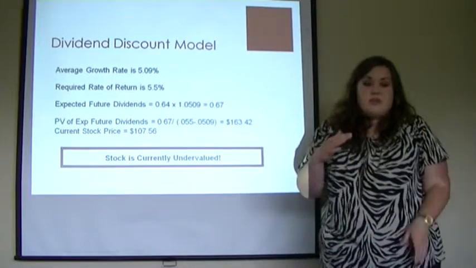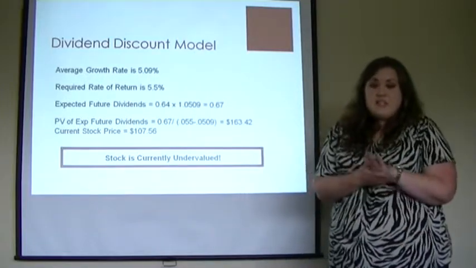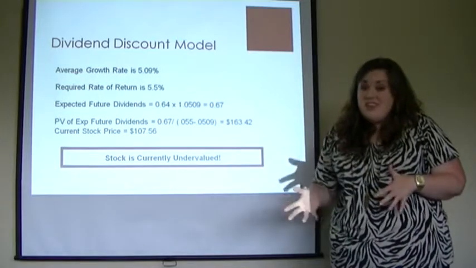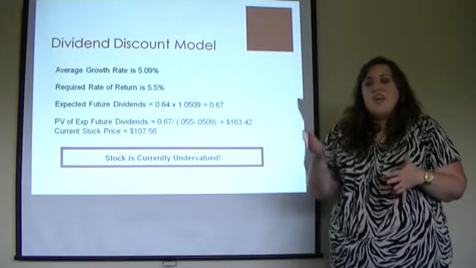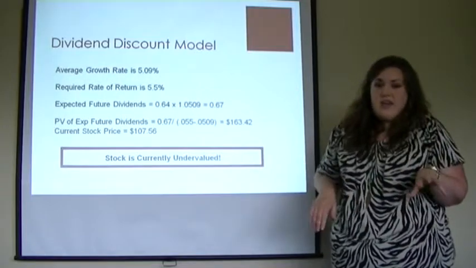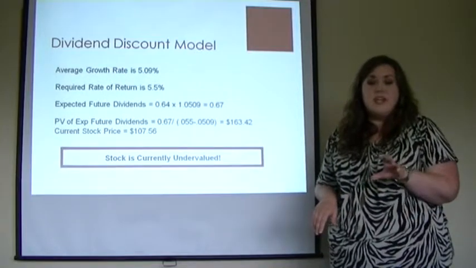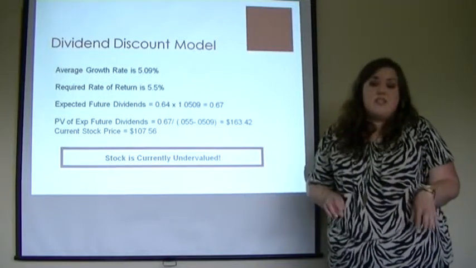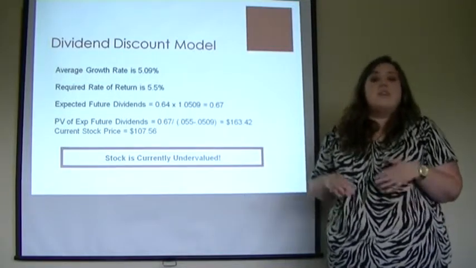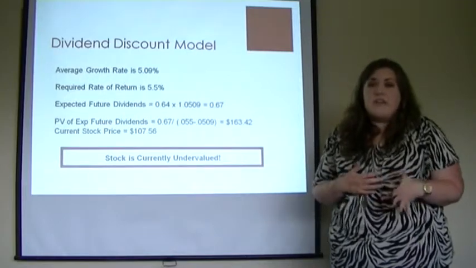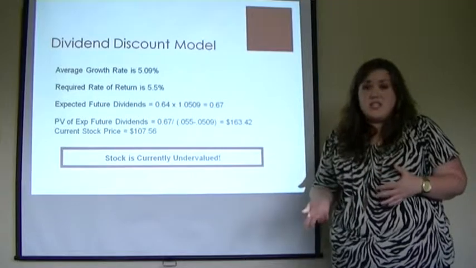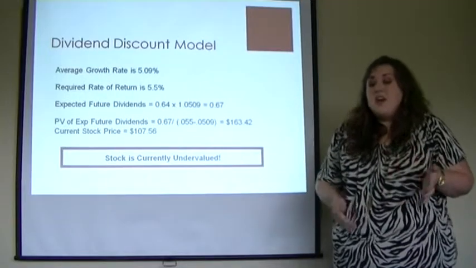So in order to get the present value of expected future dividends, I took my expected future dividend, which was 0.67, and then I divided it by my required rate of return minus my average growth rate, and I ended up with $163.42. So using that required rate of return that I used, I ended up with $163.42,